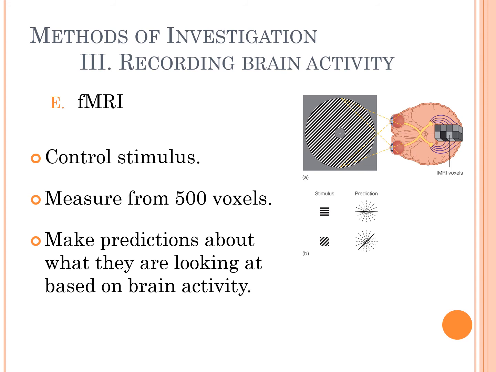500 voxels from the visual cortex, and we're seeing a certain pattern of activity as we're showing them different levels of oblique. In the example down in B, the stimulus is horizontal. We can do vertical and all around. So we're looking at the pattern of activity to these different stimuli, and then after many trials, again with enthusiastic cooperation of them looking at these, we can put up a stimulus and we can make a prediction. We can say, oh, now you're looking at horizontal lines. And they'll say, yes, I'm looking at horizontal lines, based on that pattern of activity in that area of the